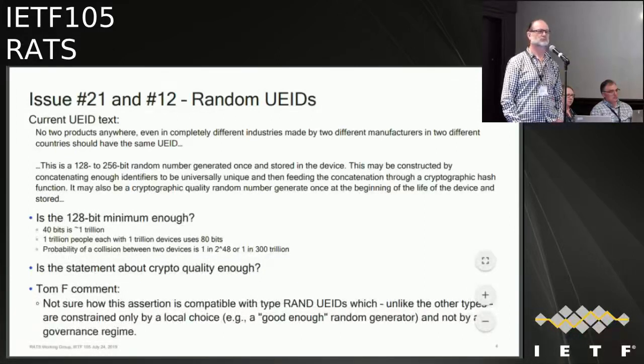We have use cases where, for instance, we would like to see an attestation generated in a certain way with a certain identifier upon power up of the device, just to ensure that it's authentic, and the relying party relies on that same number being generated the same way every single time. So yes, it's great that we talk about how to minimize clashes between different generations of UUIDs, but we also need to have a way to allow manufacturers to generate a UUID using the same mechanisms in a deterministic manner, over and over again from a known event.